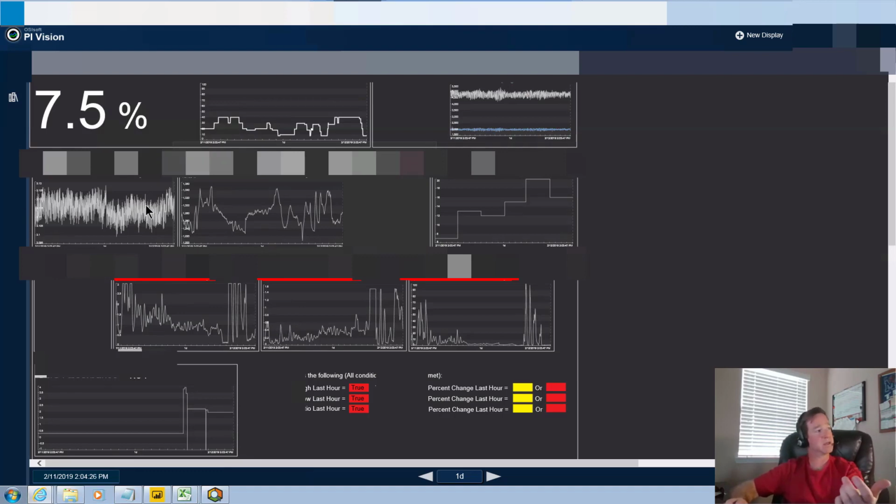We used Pi Analytics. So a little discussion about how we did some of this was I took a 5-minute average of this fluid signal. Because when I could take a 5-minute average and compare that to an hourly maximum, I could say how much did it drop. I'm looking for that V-shaped pattern. I'm looking for a percent change and an absolute change. If I saw those two things, I know there was probably a potential contamination issue.